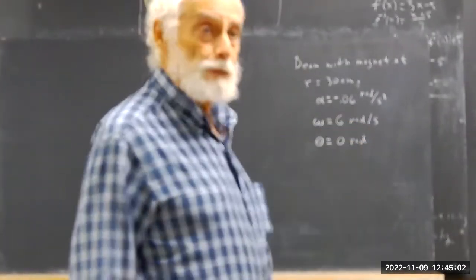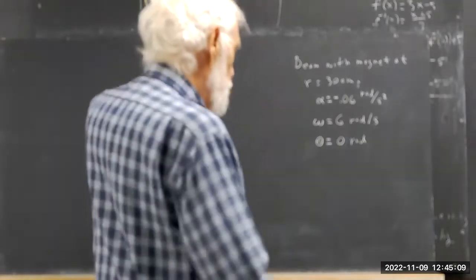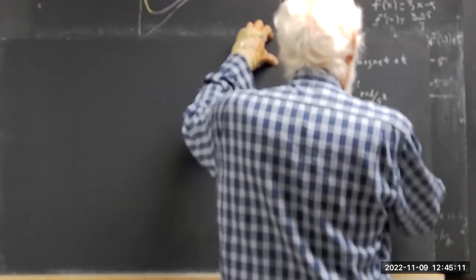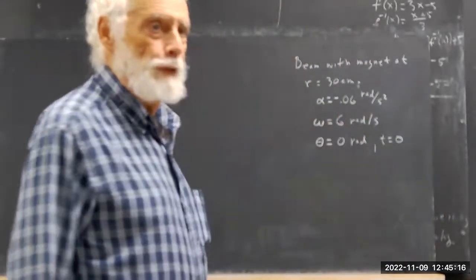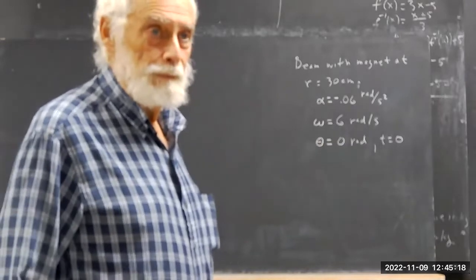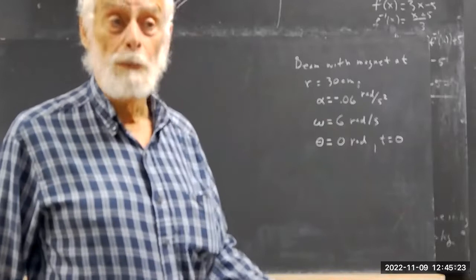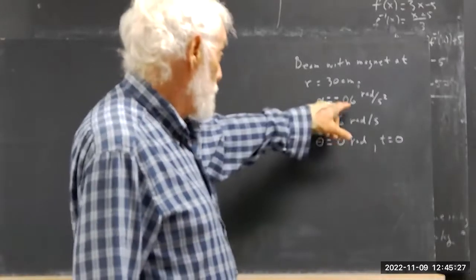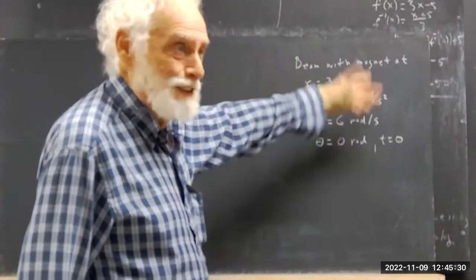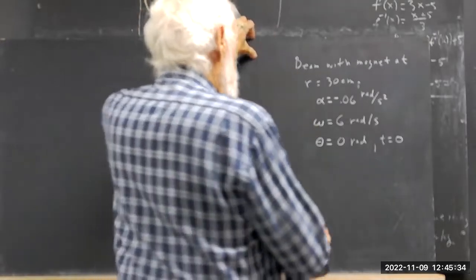And let's say omega is 6 radians per second, say at the instant I release it. And at that instant, we want to say t equals 0, so theta equals 0 radians. With this information, we could write out the function for theta. We could write out the function for omega. Now, of course, the function for alpha is pretty simple because that's it. Because it doesn't have any t dependence, right? So among other things, we could write